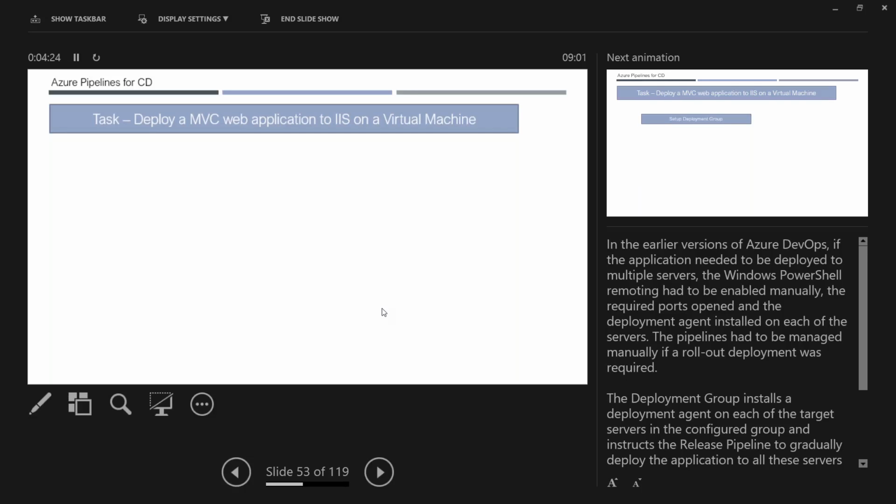Deploying code to Azure App Service is a cakewalk because you don't need to worry. The way you created the SQL database, somebody creates the app service on the Azure cloud. Some Azure cloud administrator will create it, give you the credentials, and you simply use that in your release pipeline. We will show that. That's very easy.